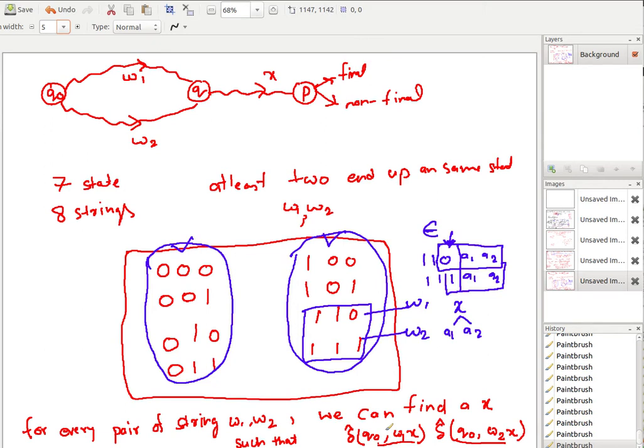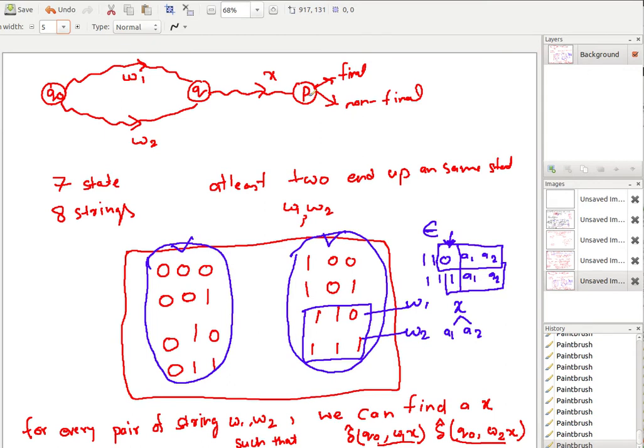But how is it possible? Because as per our initial derivation, because of 7 states, we are saying that they end up in the same state. So how can two different strings take you to the same state, and one is getting accepted while the other is not? It is a contradiction straight away. One is saying this state is a final state while the other is saying it is not a final state. So therefore it cannot happen. If this cannot happen, certainly our assumption must have been incorrect. And therefore we cannot do it better than 8 states.